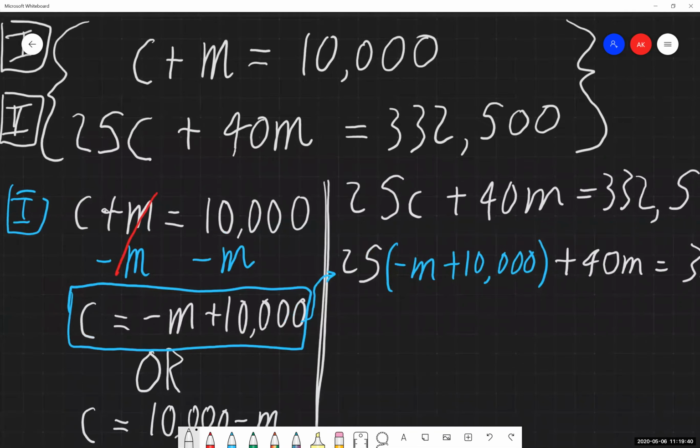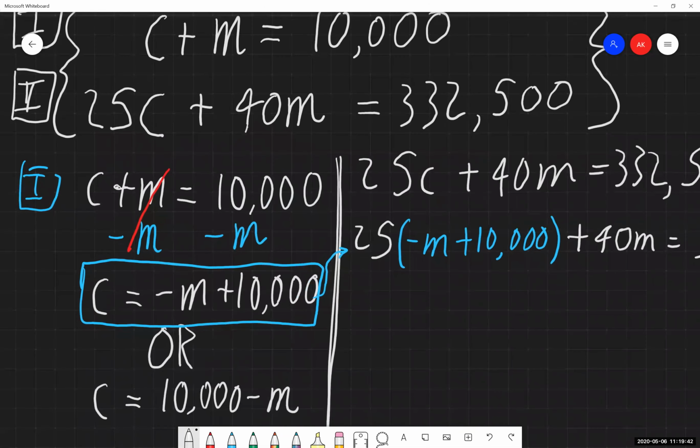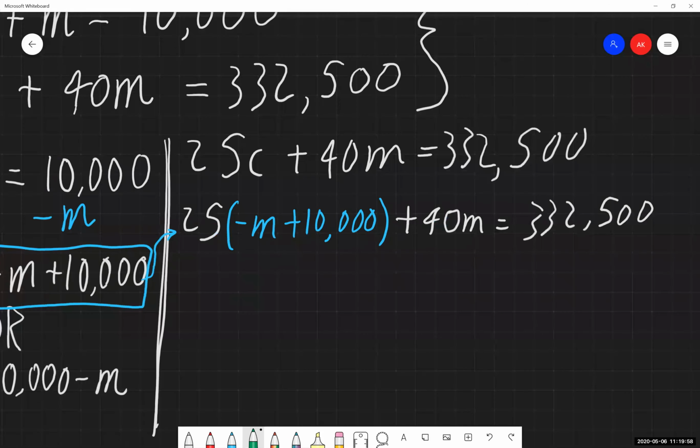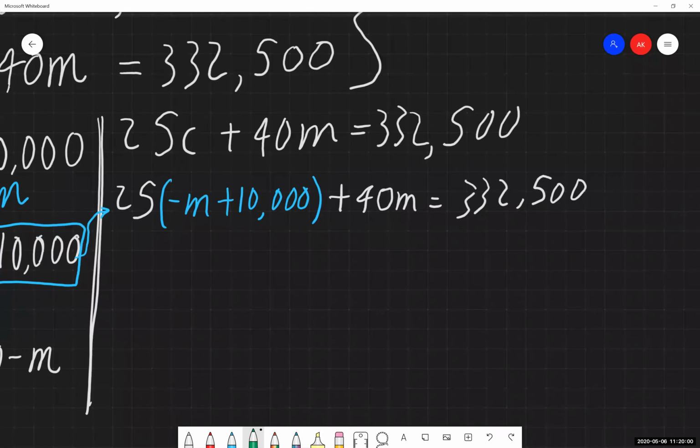What we started with. So we rewrote equation 1, that we did over here on the left-hand side. So I have one of these variables in terms of the other. And then I'm substituting that into the other equation for that corresponding variable. Now, I'm at the point where, great, now this entire equation that I have here, I only have one variable type that's in here. I just have m's. And now I can solve this thing for my value of m.